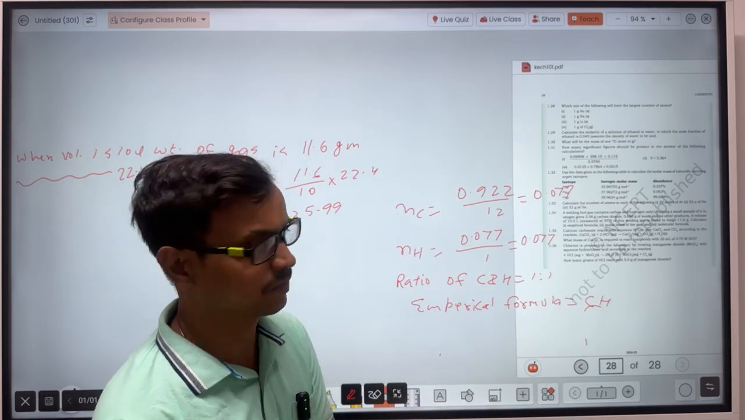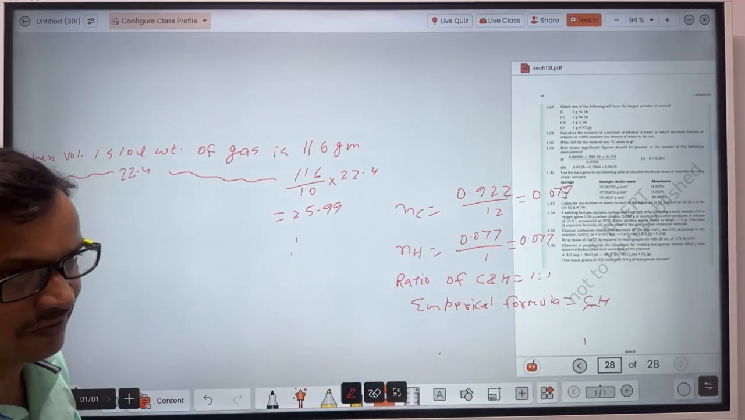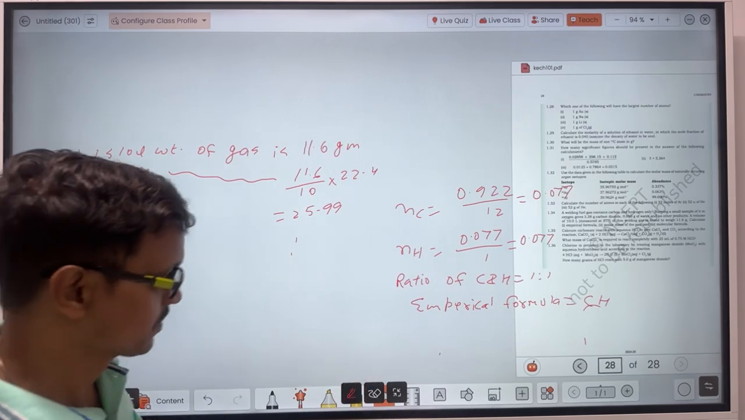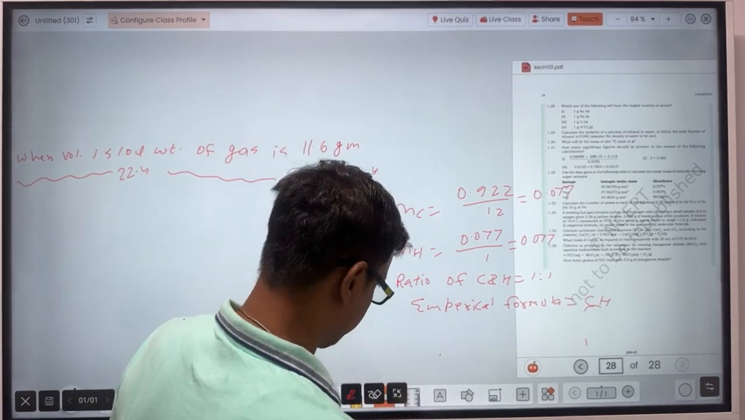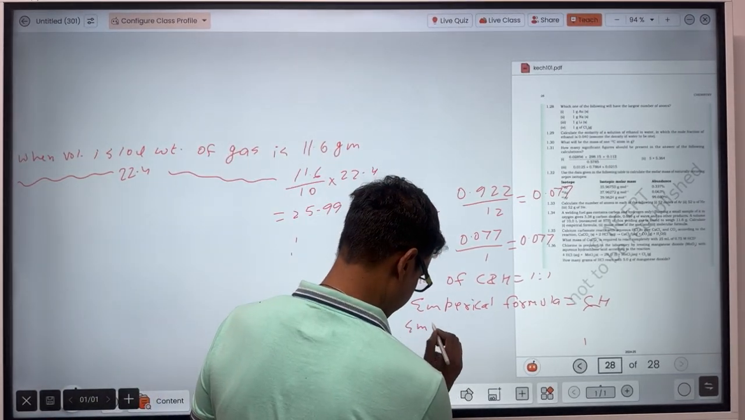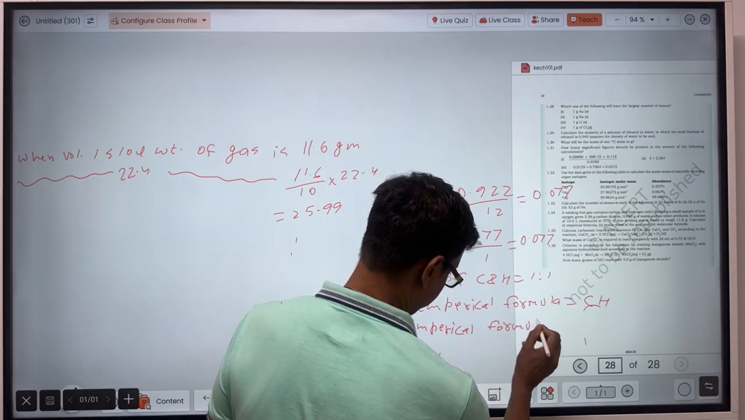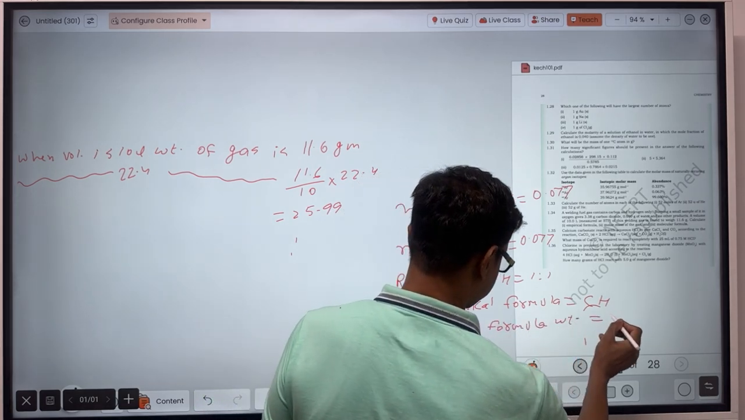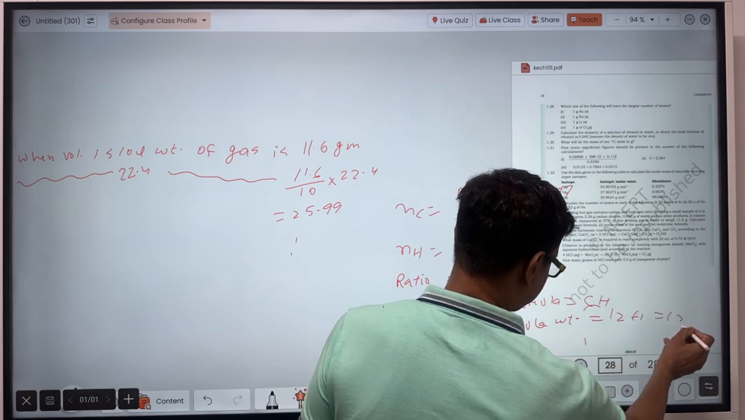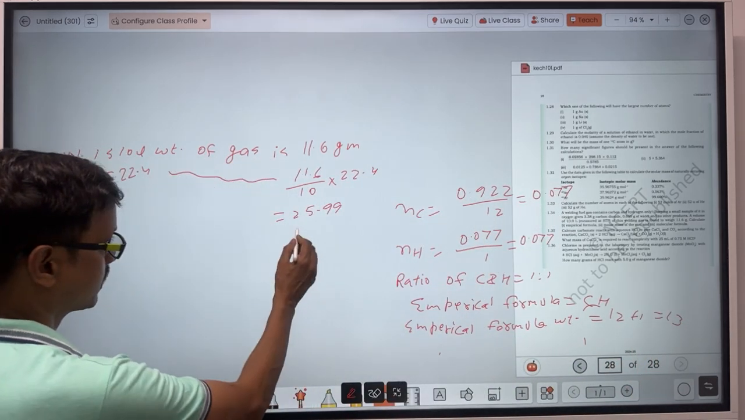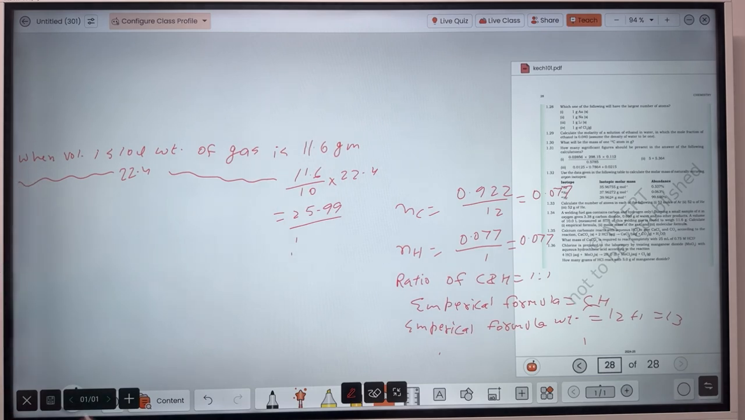So here I am getting the empirical formula weight. Molecular formula weight you know already. So about that one we discuss here. So here empirical formula weight will be how much? (12 plus 1), that is 13. And here molecular weight is 25.99. So molecular weight